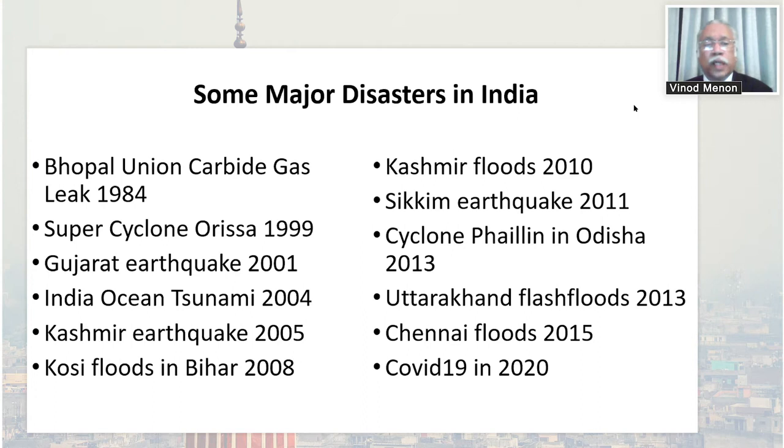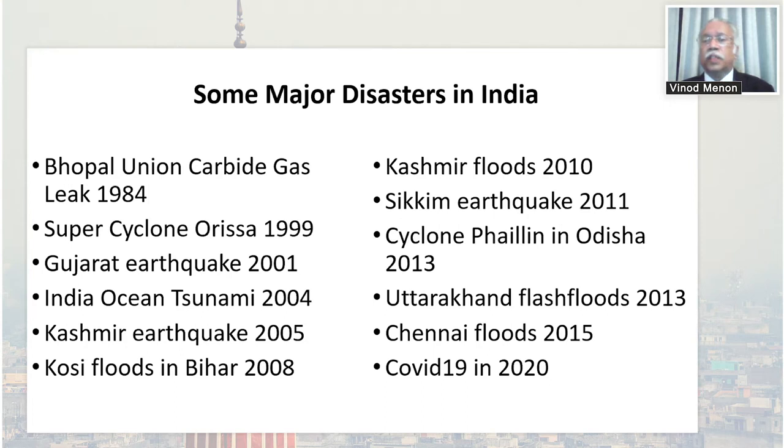The super cyclone of Orissa in 1999, which killed more than 10,000 people, Gujarat earthquake of 2001, the Indian Ocean tsunami of 2004, the Kashmir earthquake of 2005, which had its epicenter in Muzaffarabad in Pakistan, and the Kosi floods in Bihar in 2008. And the Kosi actually has had floods which used to happen almost recurring annually. But then, this flood actually happened because of a breach in Nepal in the barrage, which actually then led to